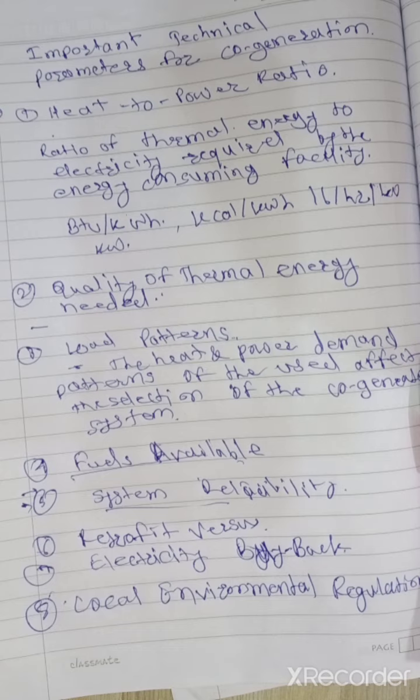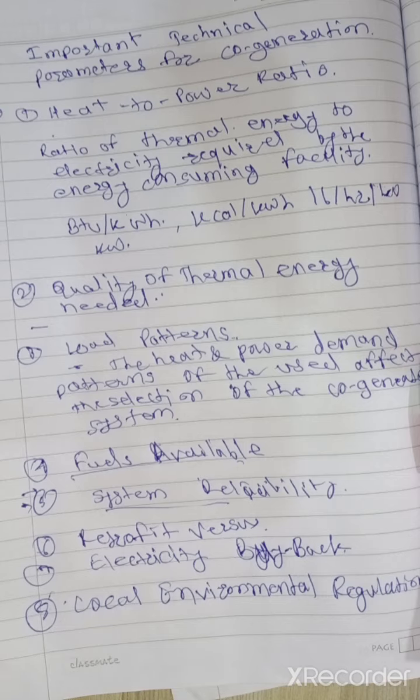We can use this energy for other purposes also. The major source of loss is in the conversion process, where heat is rejected to the surroundings or water. Further losses of about 10% are also associated. Then we discussed the principle of cogeneration. That is, cogeneration combines heat and power.